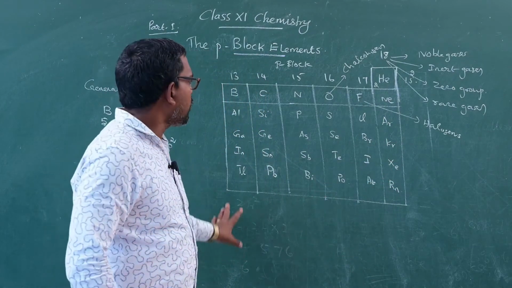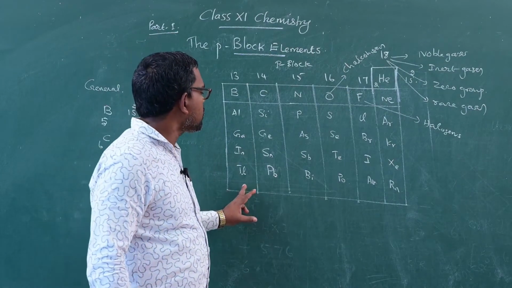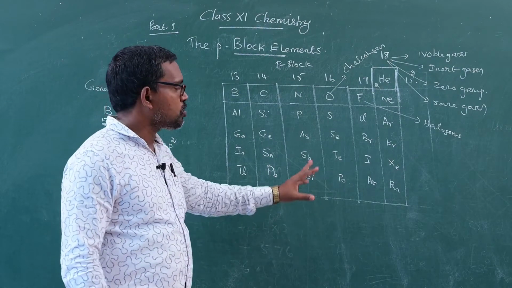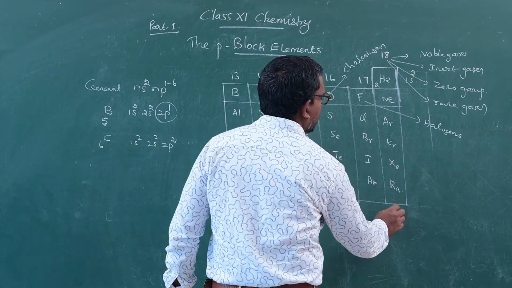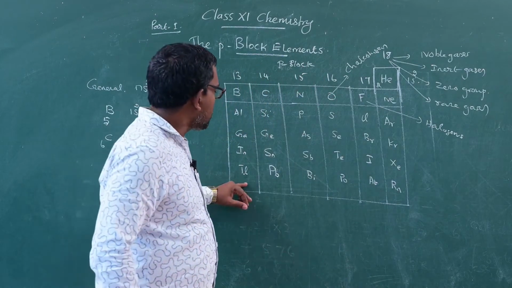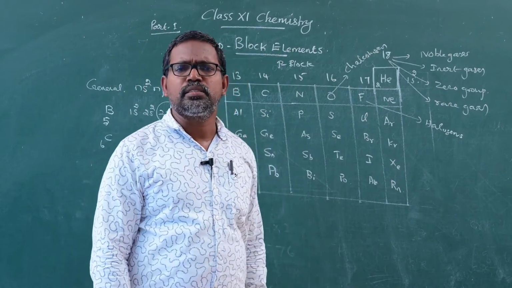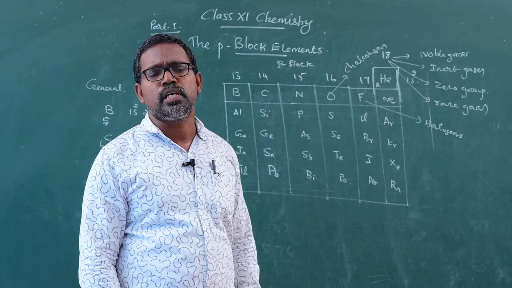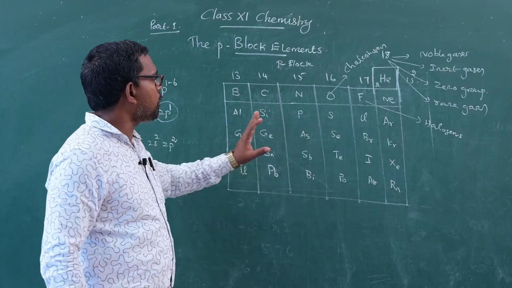So these are the elements present in the p block. In the seventh period of the periodic table, p block elements have also been discovered, for example radon, and the next one is oganesson, and some other elements present in the seventh period. All these elements are radioactive in nature and their properties are mostly not discovered, therefore we are not considering this type of elements.